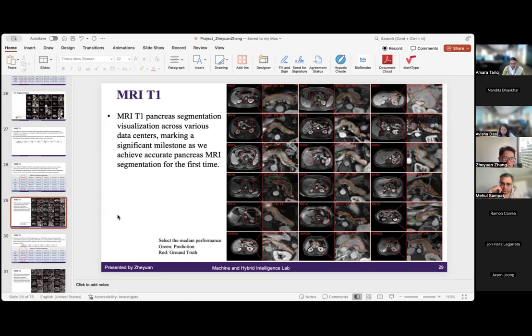But the thing is slightly tricky. As we showed in the last sections, we might need a large model trained with multiple organs as a base. But this base model should not be directly applied to the clinical environment. When we apply it to the real clinical environment, we might need to develop a specific model based on the base model. And this specific model for a specific organ can really be used for clinical setups. I see. So you have a base model and then fine-tune it. Exactly. Okay, thank you.